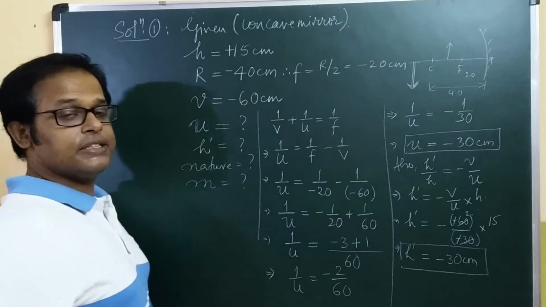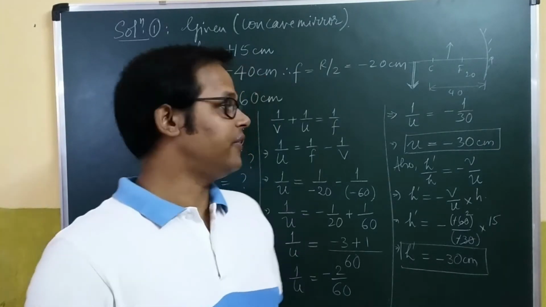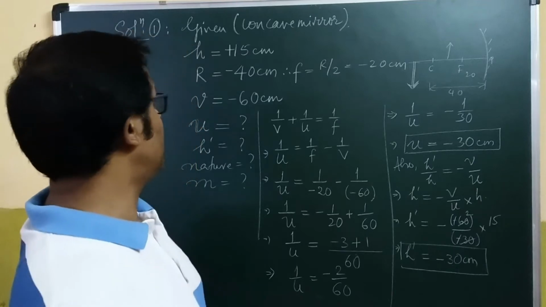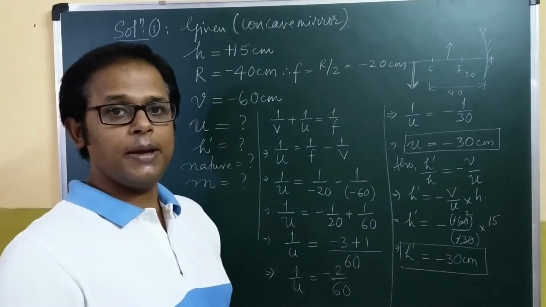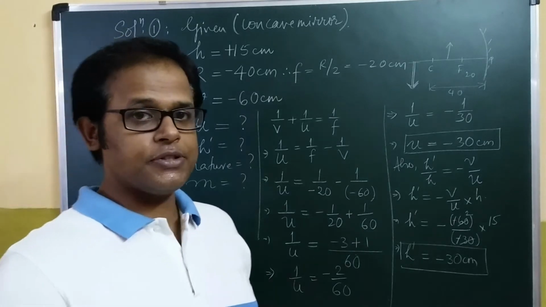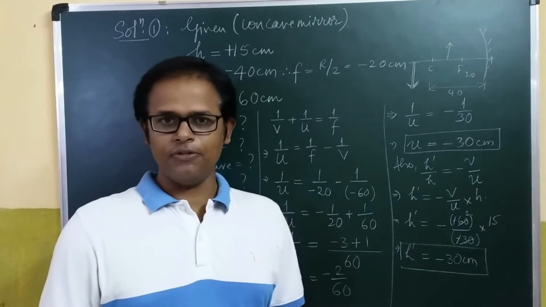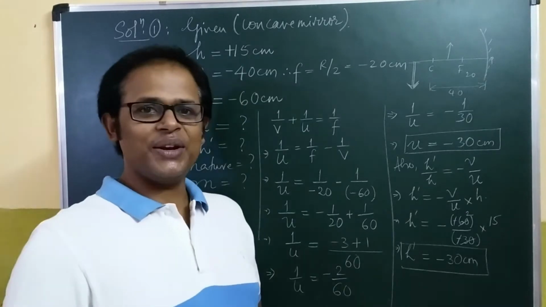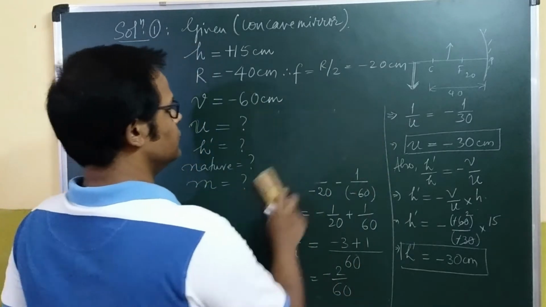And finally you can easily say the nature. What is the nature of the image? Definitely real and inverted, and if you want to even talk about the size, as you guessed it, it has to be magnified. How many times magnified? That we can find out easily with the help of magnification. Right? So we can do that. Let me show you. Let me quickly rub off this portion